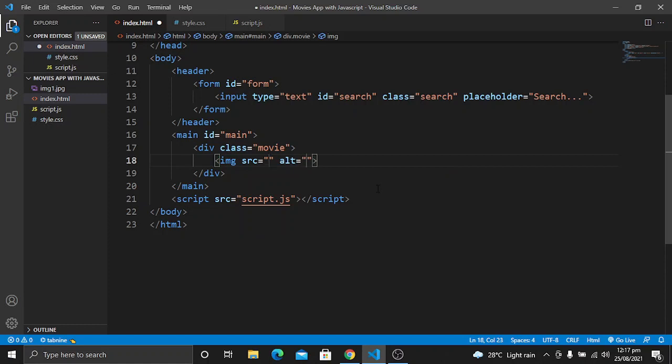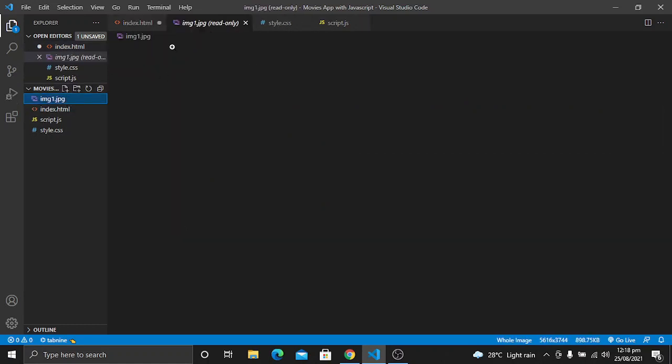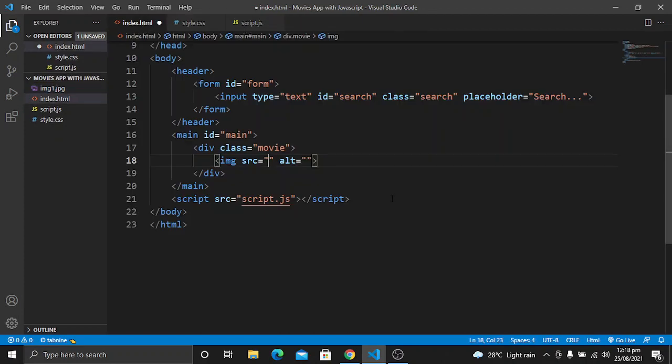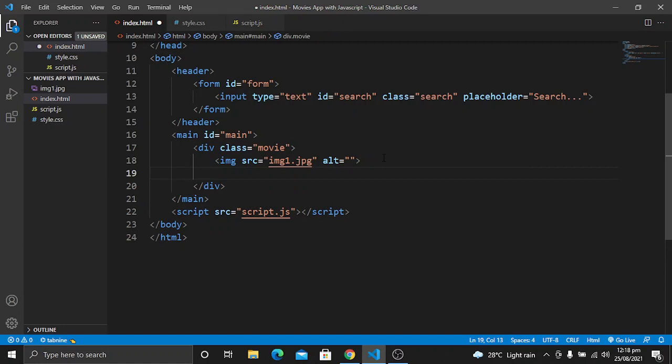The image source is going to be here. I have this demo image. In the later part we will get all of these images from the movie database. Its name is image1.jpg.